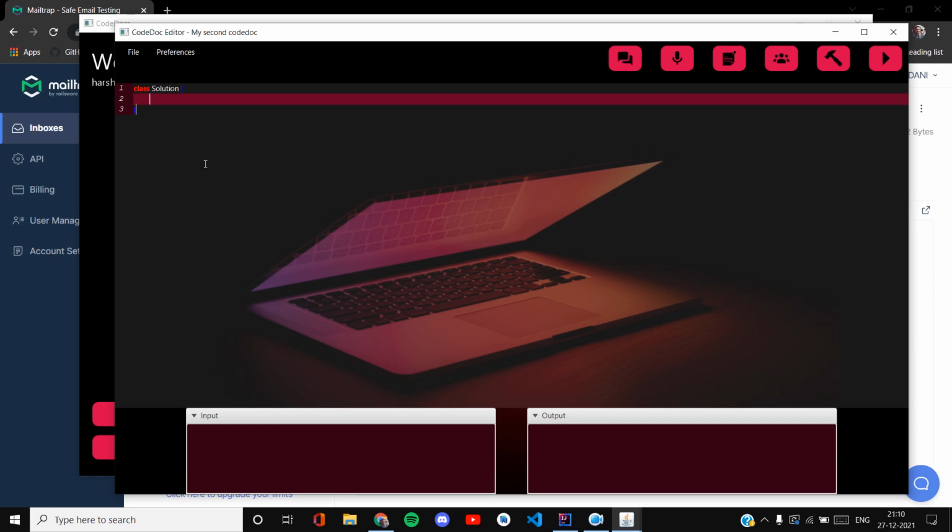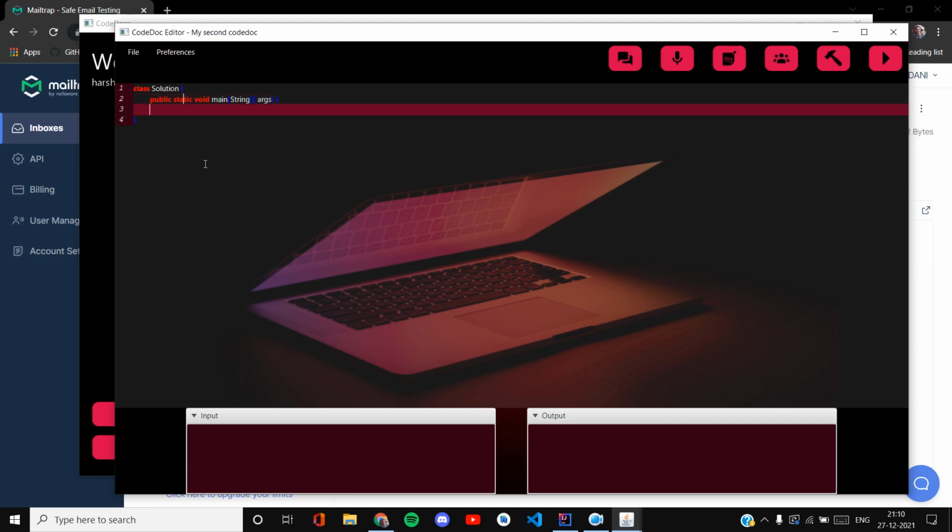Now if I type this program, say public static void, so you can see the syntax highlighting in action.